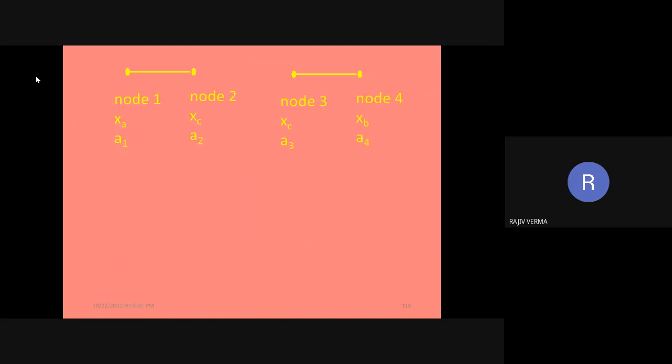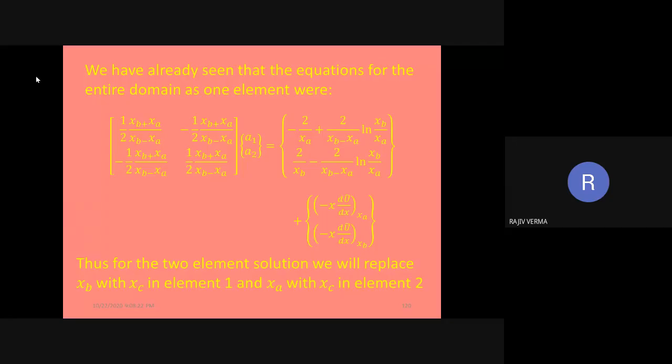Then coming to the boundary terms, obviously they are the same which have been derived previously. Now the thing is, since we have already derived the stiffness equation for a case where the entire domain was represented by a single element, when we divide the domain into two elements, we basically are going to use the